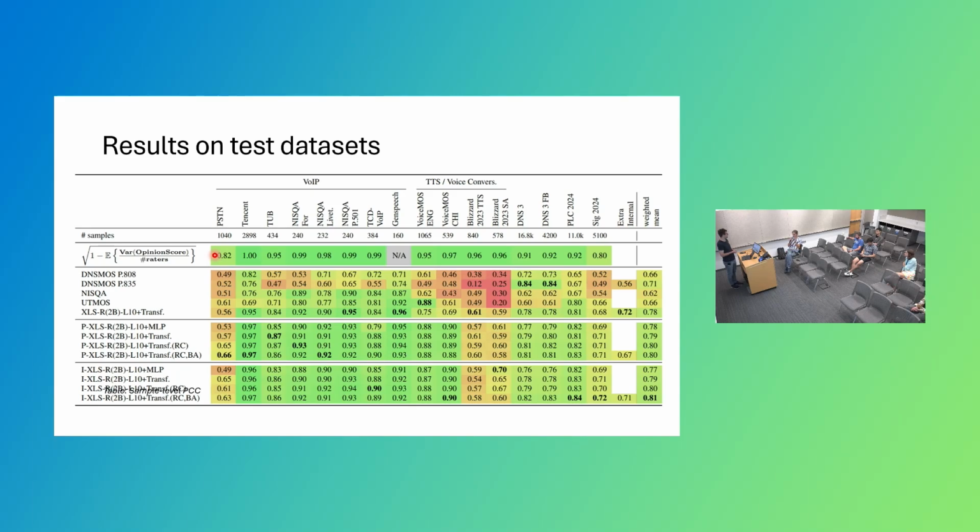One general question now that you've gone through all this work: if you had to pick a model yourself to use, which one would you? Because you have a whole bunch to choose from now. Which one would you think, and for what reason? If I have enough computational resources in memory, I probably just use the XLSR-based model that has seen most of the data, which is the one that yields the highest weighted mean PCC here.